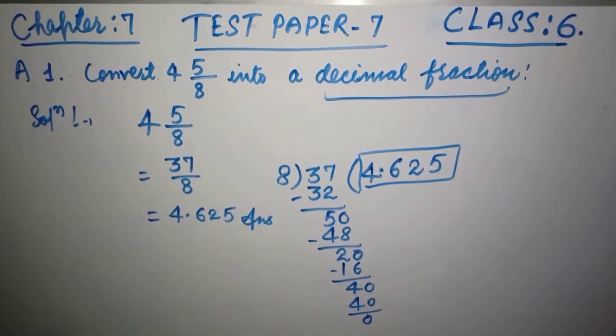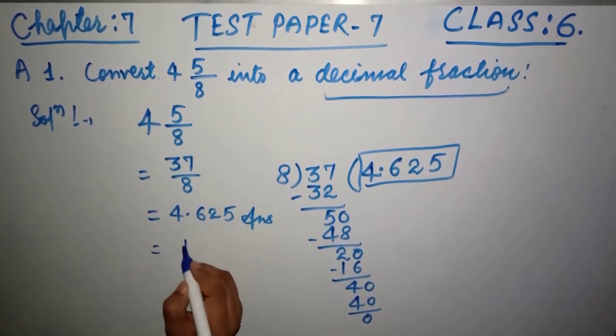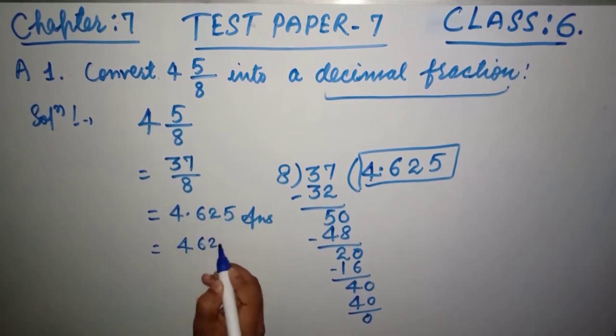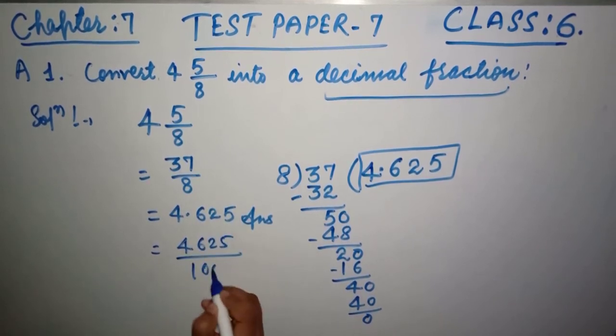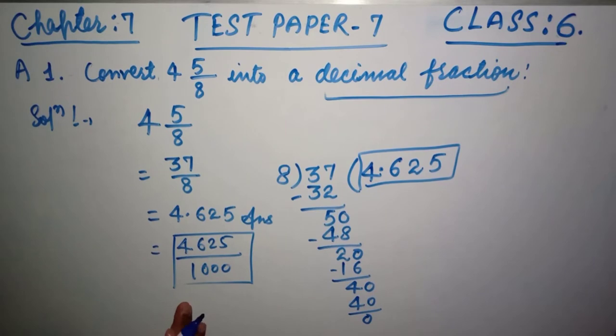And see friends, I have already discussed that decimal fraction means fractions having denominator 10, 100. Now this could be written, friends, if you remove this point, 1 2 3, as it is, 3 times 0 with 1. So look at this, friends, this is a decimal fraction. A decimal fraction can be in the form of 4 point something, 3 point something, etc. Okay, now see the next question.